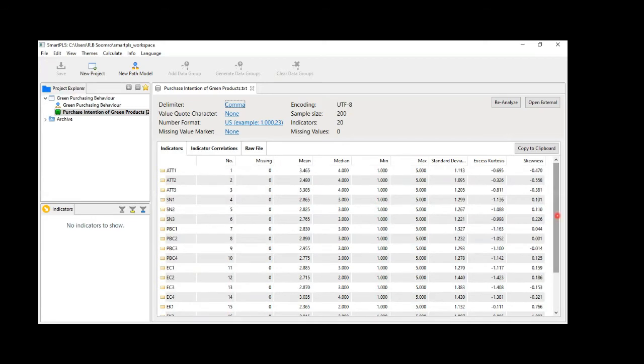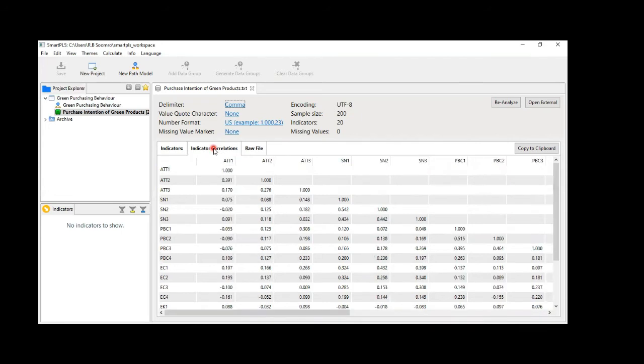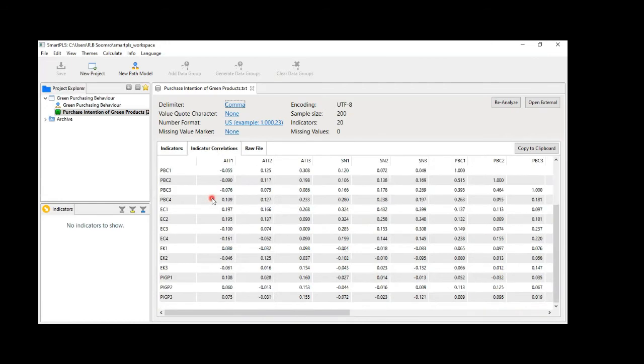It's highly advanced software. If you want to calculate the missing, mean, mode, median, like the descriptive statistics, then definitely you have to work separately in SPSS on the same data. But here, all the things are available in one go. Okay, and then indicator correlation. So it also provides you the correlation among all the indicators. So 20 indicators are there.